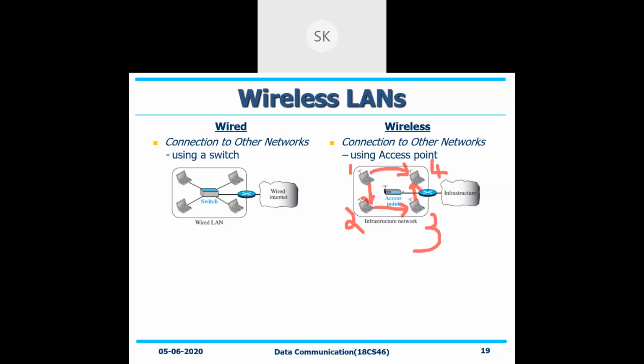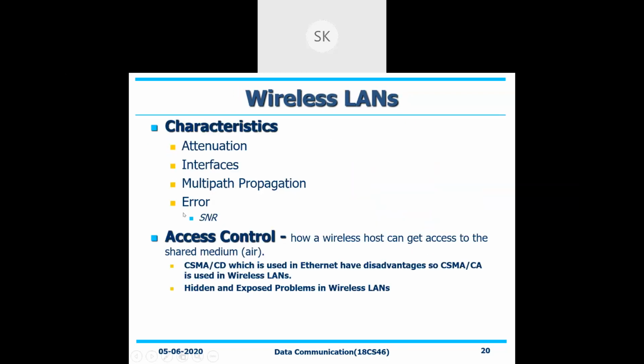If you have an access point, you can move the data through the access point. Or else you can communicate directly. So multiple paths will be available. It is not restricted that you need to use one single path. Any path you can go with. That plays a vital role during the propagation of the data. Propagation is nothing but the transmission.